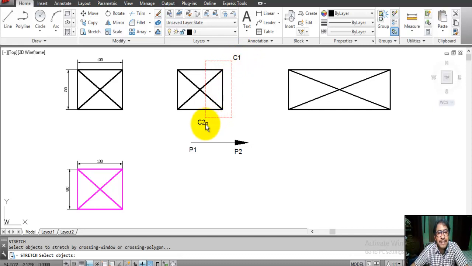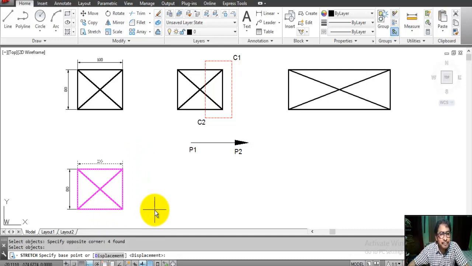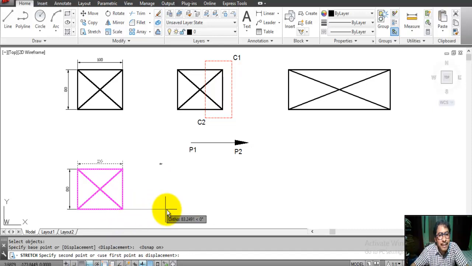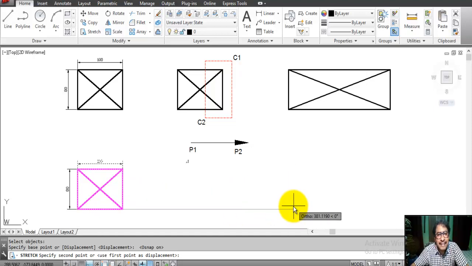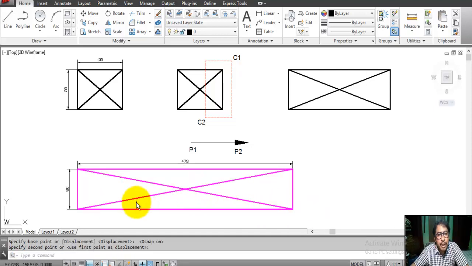This is the first point, this is the next point, window crossing selection. Okay, next enter, specify base point. This is the base point. Specify next point. It increases in this way, P1 to P2. Okay.